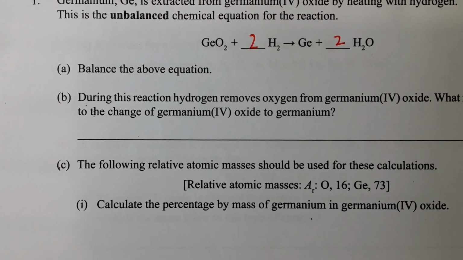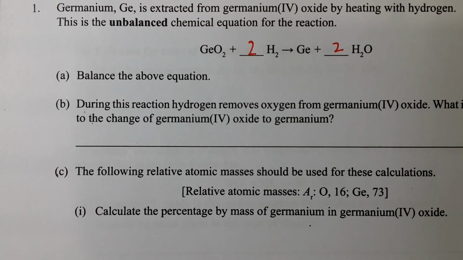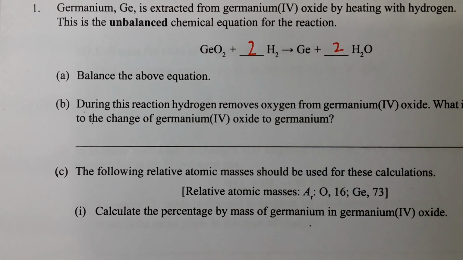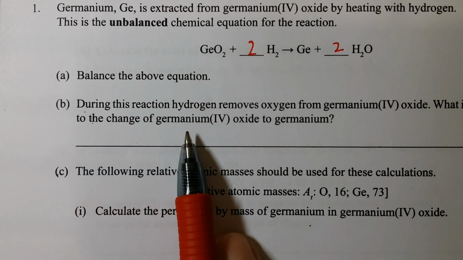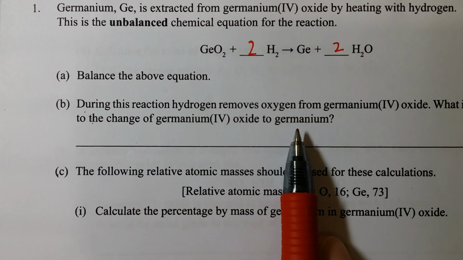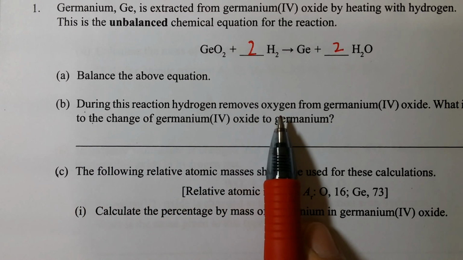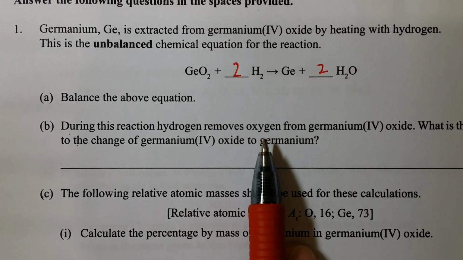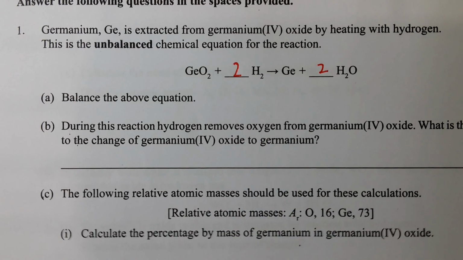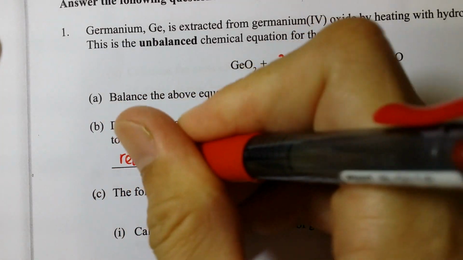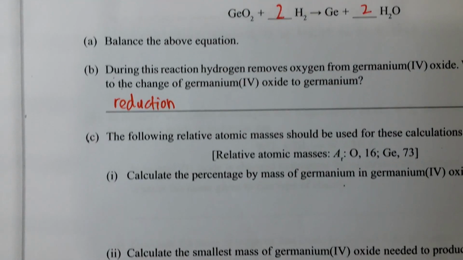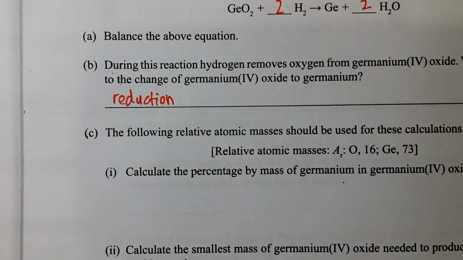Okay, for 1B, during this reaction, hydrogen removes oxygen from germanium(IV) oxide. What is the name given to the change of germanium(IV) oxide to germanium? Remove oxygen means loss of oxygen. Loss of oxygen is called reduction. Gain of oxygen is called oxidation. So the answer for this question should be reduction. Very straightforward. Now for part C,